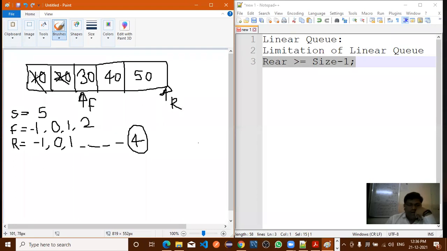What is the size of q here? Size 5. How many elements are present in the q? 3 elements. And how many spaces are available here? 2. Now the queue is showing full as per our condition.